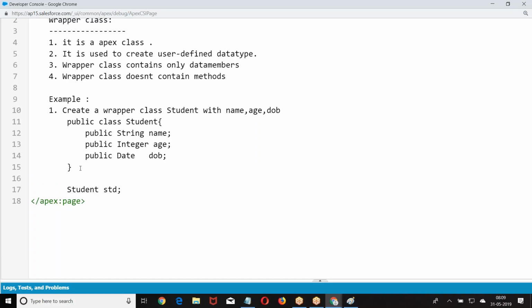Now is it a primitive or a reference? It is a reference. Other than primitive data types, any other data type you give is a reference. How will you use the reference?